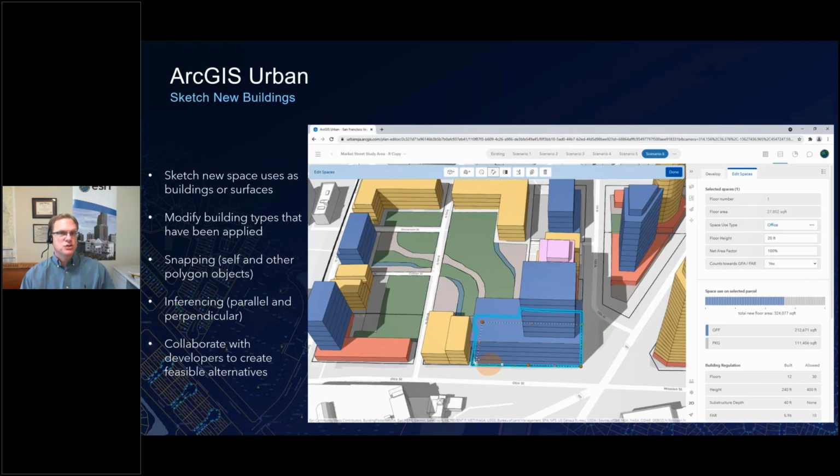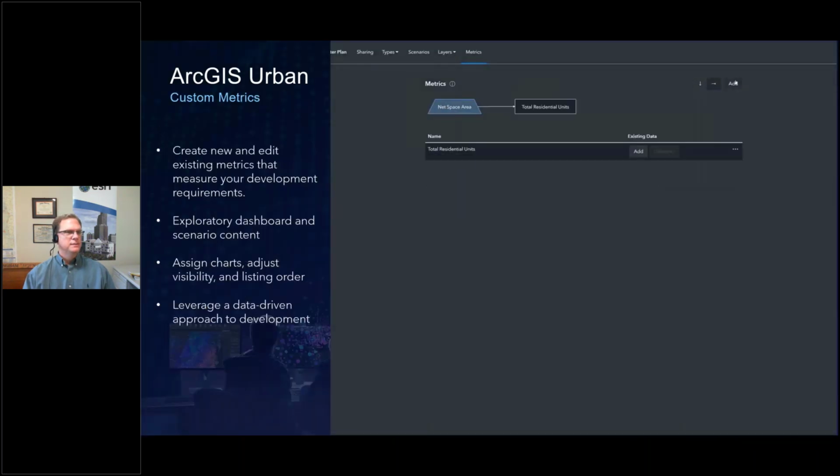Now you can actually sketch new buildings. So you can actually take that development that came up and change it the way that you want, move things around, change the size and so forth. And if you notice on the bottom right-hand corner, as we're changing the building, it's actually updating our floor area ratio. And if we were removing floors, that would be updated as well, our space use. So it's a really powerful way to be able to create and sketch custom buildings. Think about this from the standpoint of working with developers that have submitted a site plan. It's not quite what you'd like to see, and you can work with them in a very interactive way on how that could change or how that could look, right?